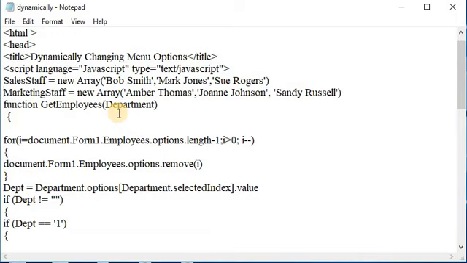Next we determine whether a value has been assigned by comparing the value in the DEPT variable with the empty string. If a value appears, we determine whether the visitor selected the sales or marketing department.